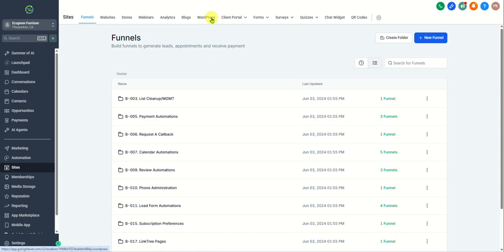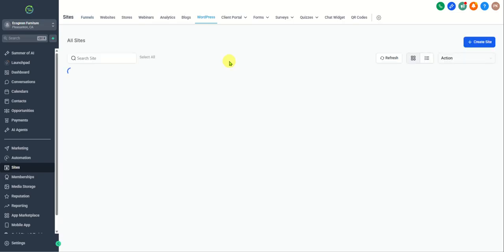Basically, we added an add-on, and they were able to migrate their WordPress onto Pro360 here. So if you go to Sites, and if you don't see it, that means you're using the built-in website capability within Pro360, but you also have the additional add-on option for WordPress. So if you click on WordPress, then what we're going to do is click